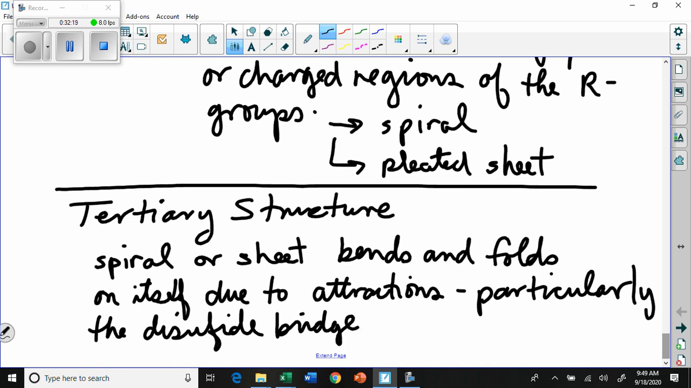Okay, the disulfide bridge literally forms a bond that holds it into this particular arrangement. It bends and folds on itself due to attractions, particularly the disulfide bridge. The disulfide bridge is an actual bond, so it's fairly strong, between sulfur atoms